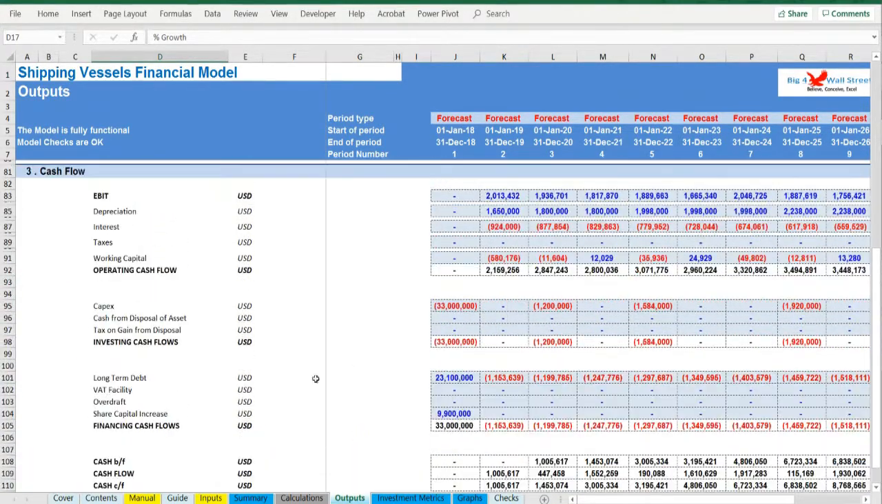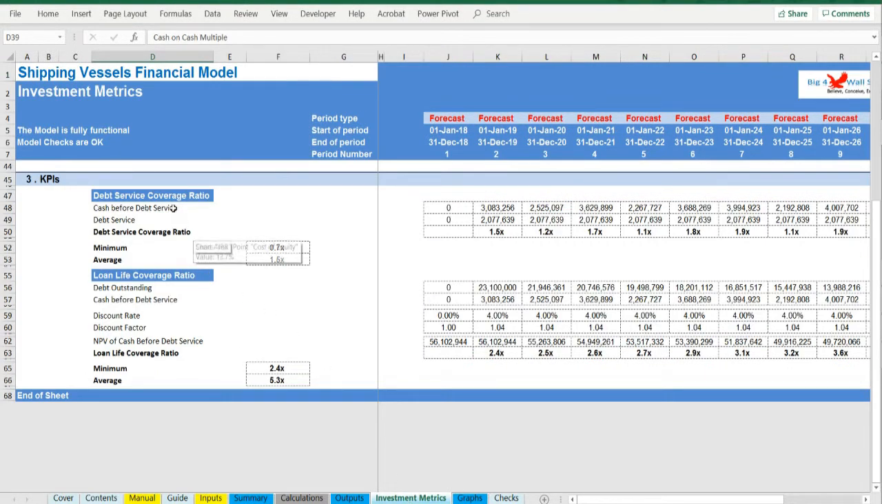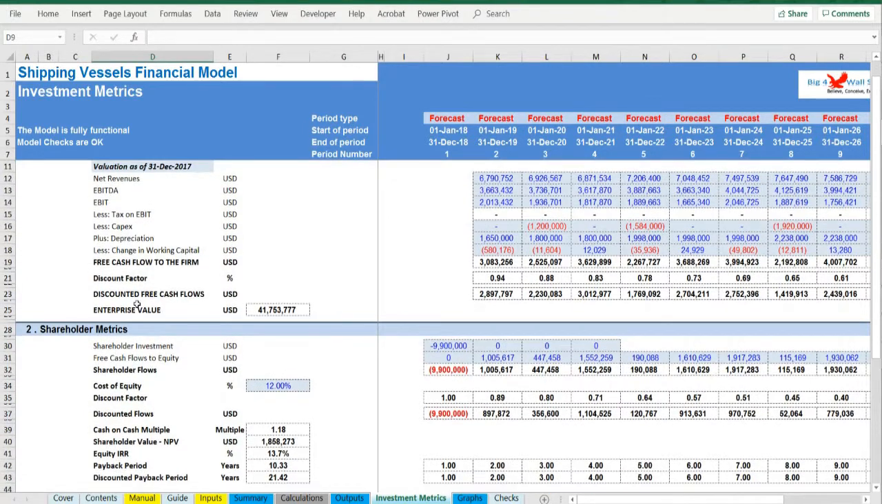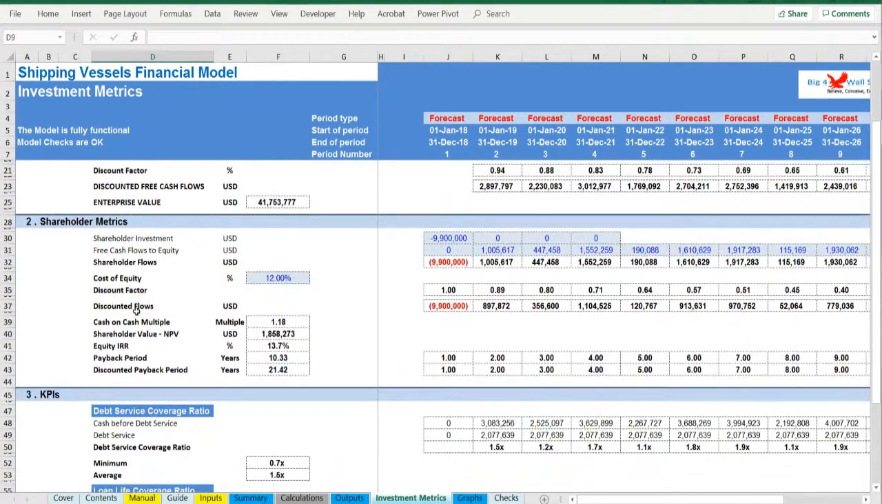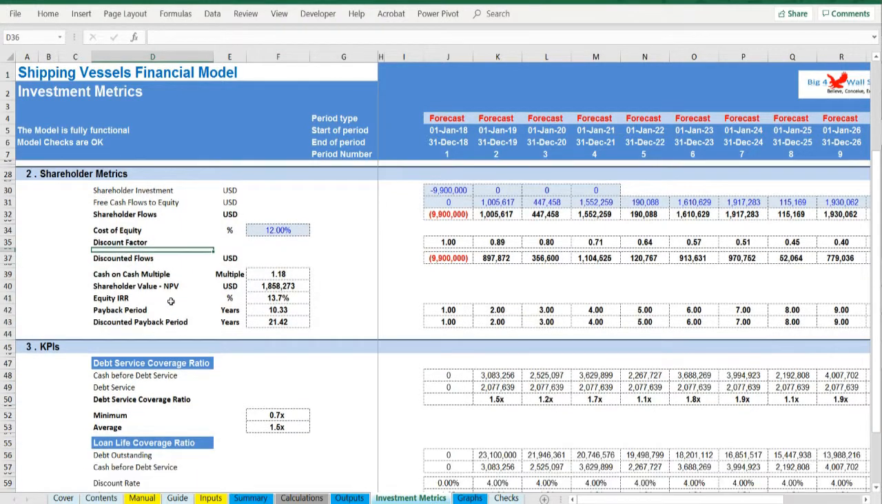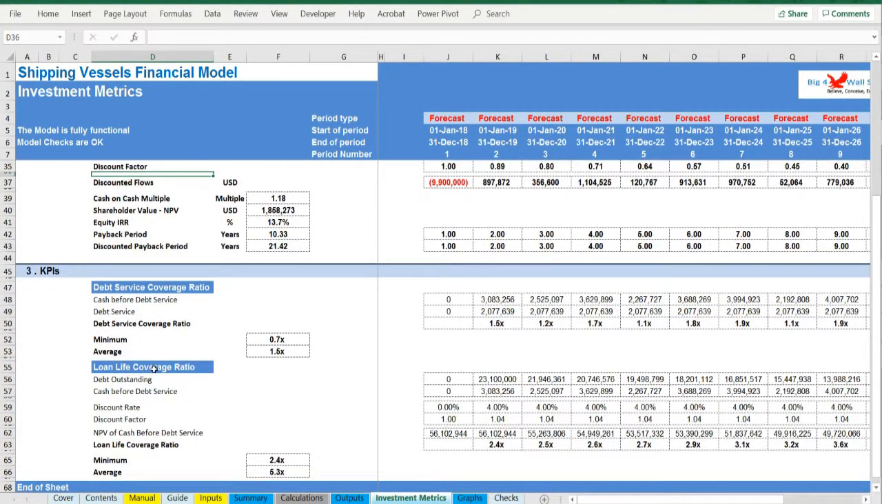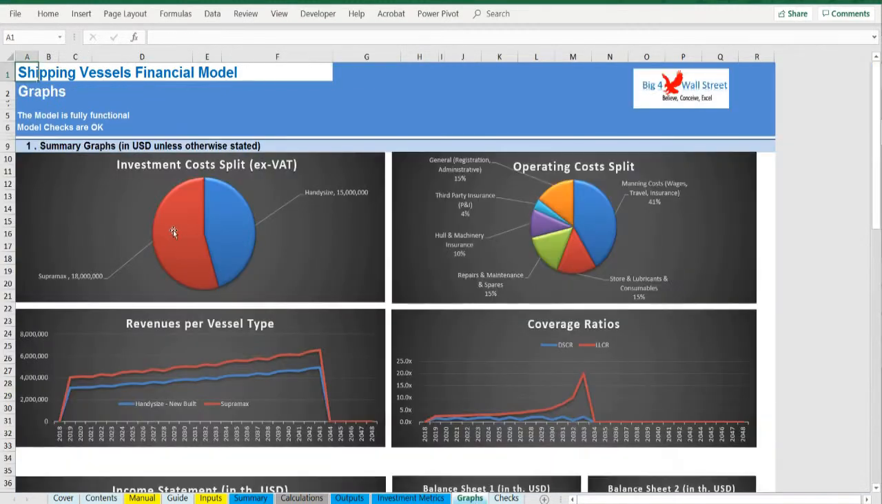Moving to the Investment Metrics tab, evaluation is performed by using the free cash flows to the firm, and then a series of investment metrics are presented: net present value, internal rate of return, payback period, cash-on-cash multiple. Additionally, the debt service coverage ratio and the loan life coverage ratio are presented. In the Graphs tab, various graphs present the investment and operating costs, the revenues per vessel type and the banking